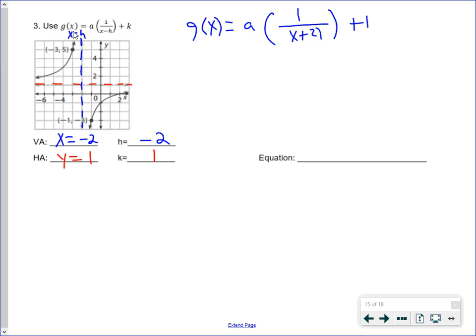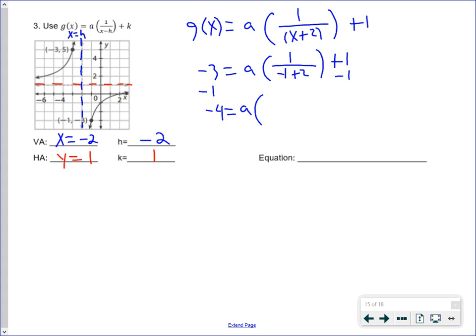So now we're going to pick one of the 2 points that we gave you, -3, +5, or -1, -3. It doesn't matter which one you choose. Any point on the graph will work. So I'm going to go with -1, -3. So -3 equals a times 1 all over -1 plus 2, all plus 1. So minus 1 on both sides, we get -4 equals our a term